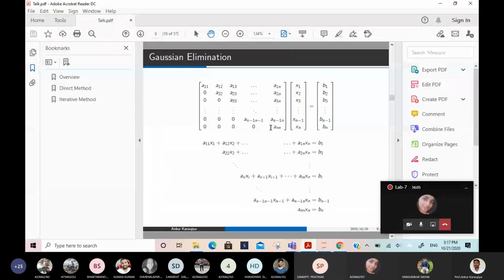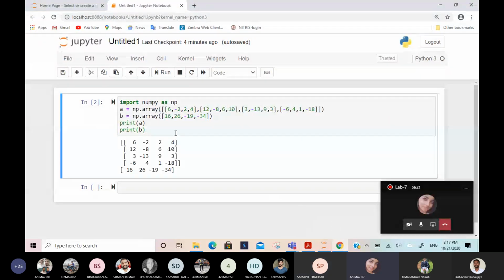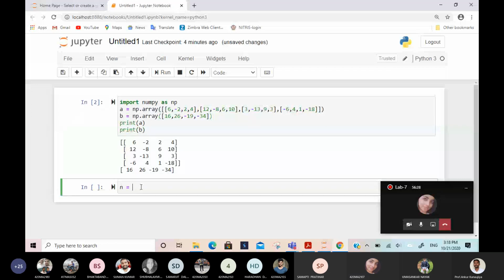This matrix I have to convert into the upper triangular form by using this k from 1 to n minus 1, right? So first tell me what is n in this example. It is 4. So for the timing I am writing here n equal to 4. Later, based on the example, we'll change n.